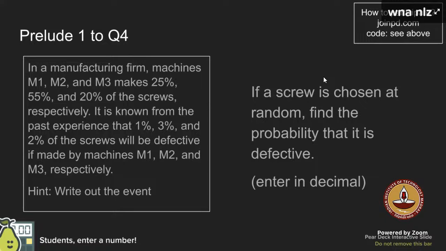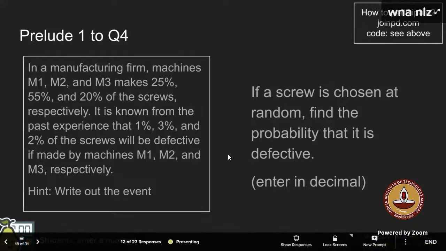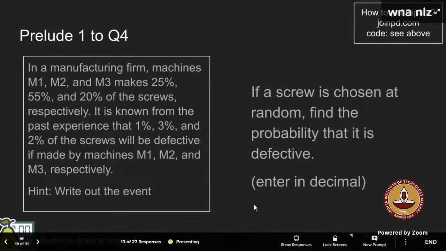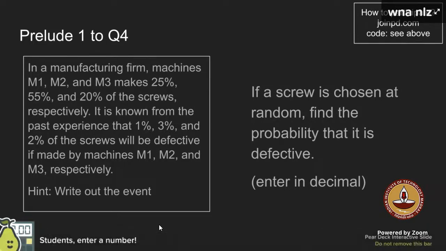Done, sir. Okay, we'll wait for a few more responses. I've only got 12 of the total 27 responses. Are others solving this? Done, sir. Okay, 13. Let's wait for a few more responses. Those might be solving. We have not even got half of the responses now. It's around half. Okay, 2 more minutes for this question, then we'll start discussing the solution.